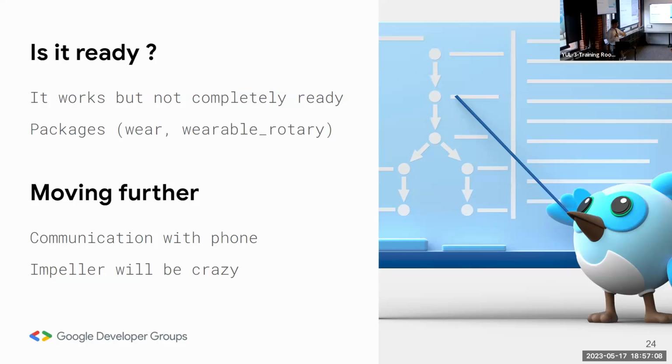So the next step of this kind of project, or maybe your personal project, is to try to communicate with the phone. I think with platform channel and method channel, you can communicate through the native APIs. It will work for sure, but it's some development. I think you already have one package for that, but I'm not sure. Also for the watch, Impeller, which is the new render engine, will be very fast. Even with only text, it's already 60 FPS with some lag. So I think with Impeller it will be so good.